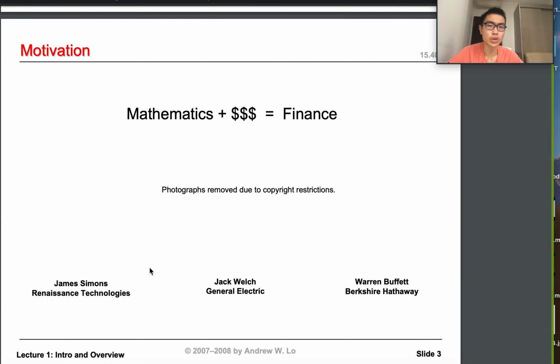And the third person I want to introduce is Jack Welch. You may know him from General Electric. He was the CEO of General Electric. Jack Welch is a man who got a degree in mechanical engineering, so he is a doctor. He got his bachelor's degree, master's degree, and PhD, all in mechanical engineering. But he transferred his field of study. He didn't get any degree, like a bachelor's, master's or PhD, in finance. But he later transferred his field of knowledge to finance, and he's one of the most successful people in the field, as he actually made